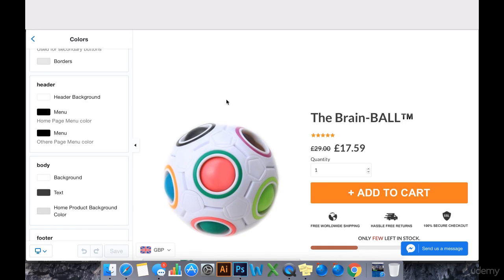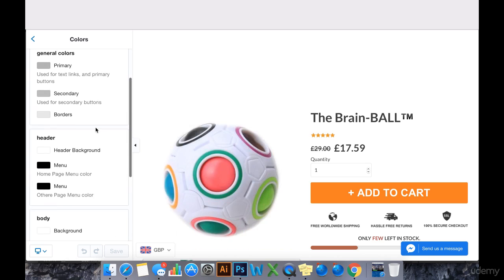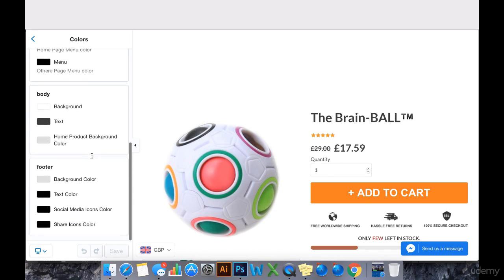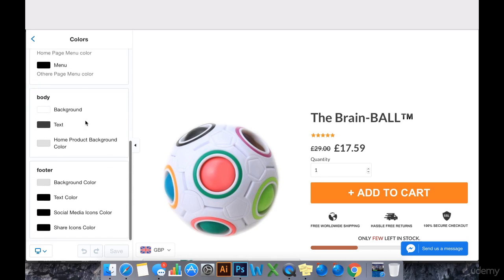So color psychology, to summarize, is basically the color of your call to action button. And I suggest you use an orange, perhaps not as bright as this one, or a green. To do that, all you do is go to your online store, themes, edit the theme, and just go into